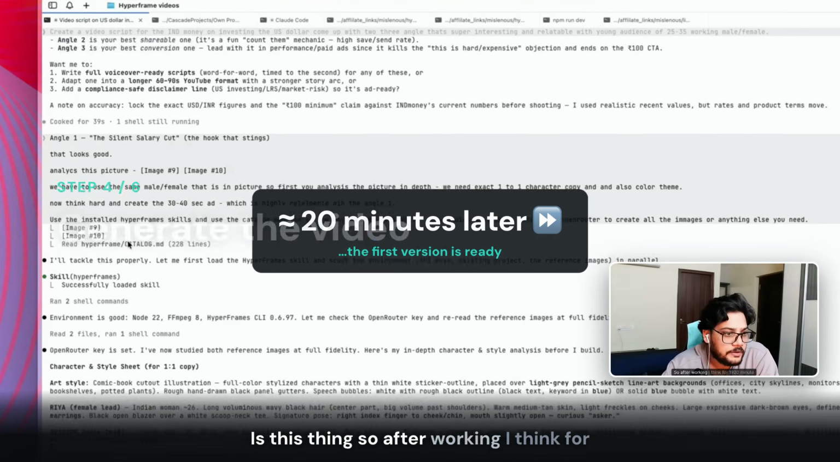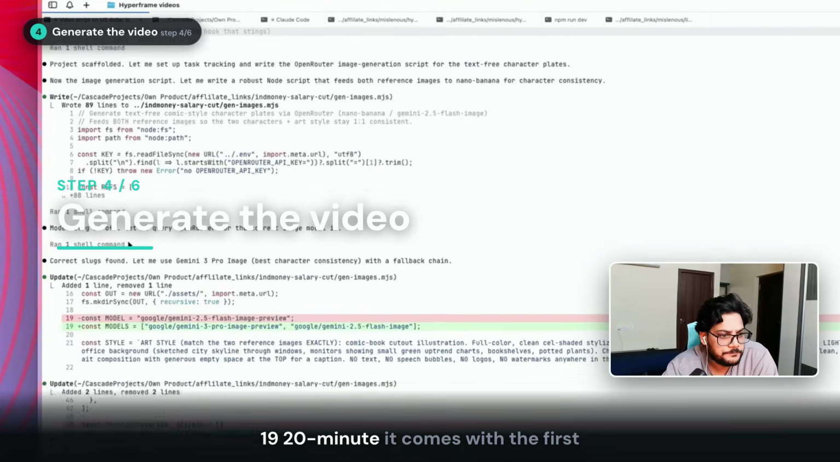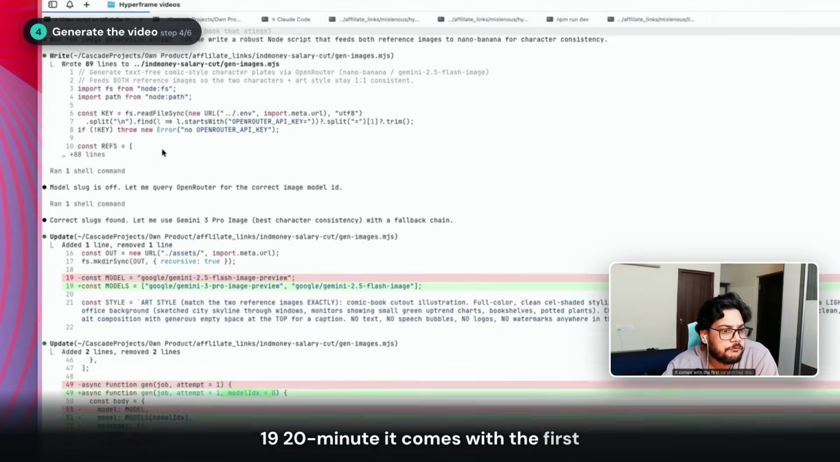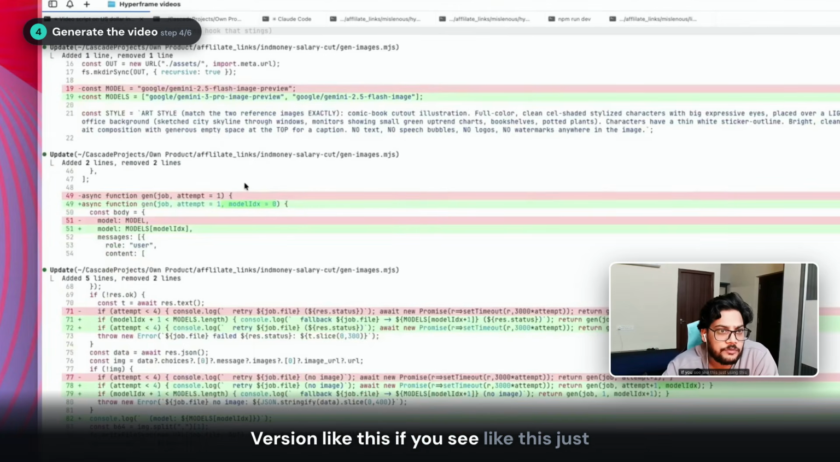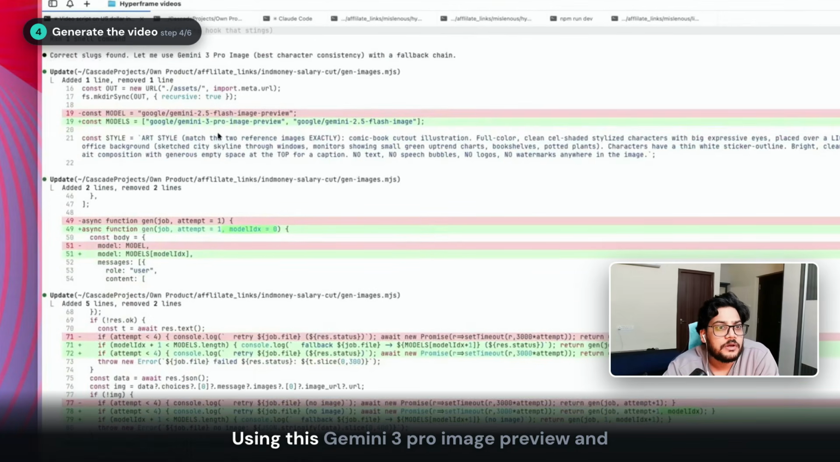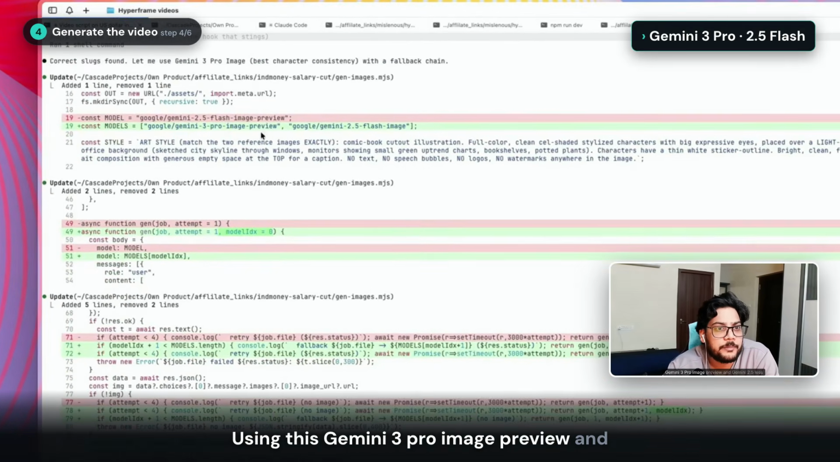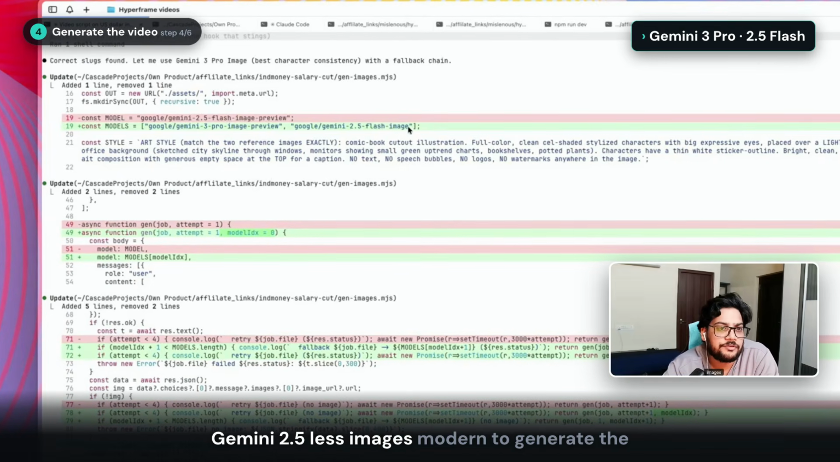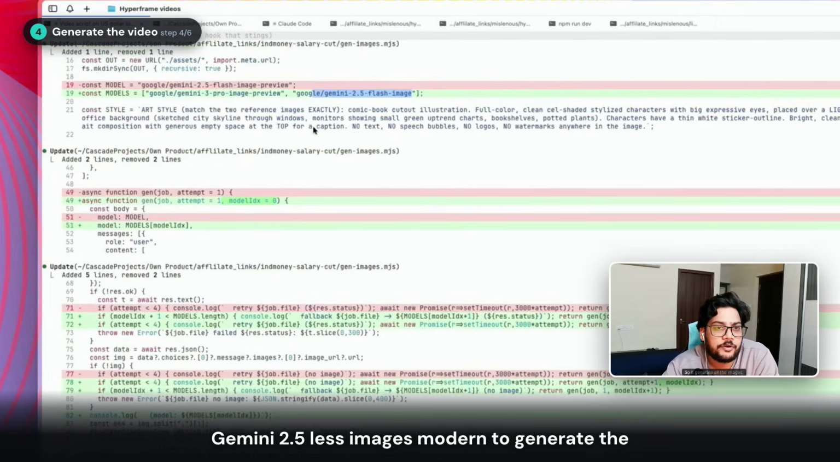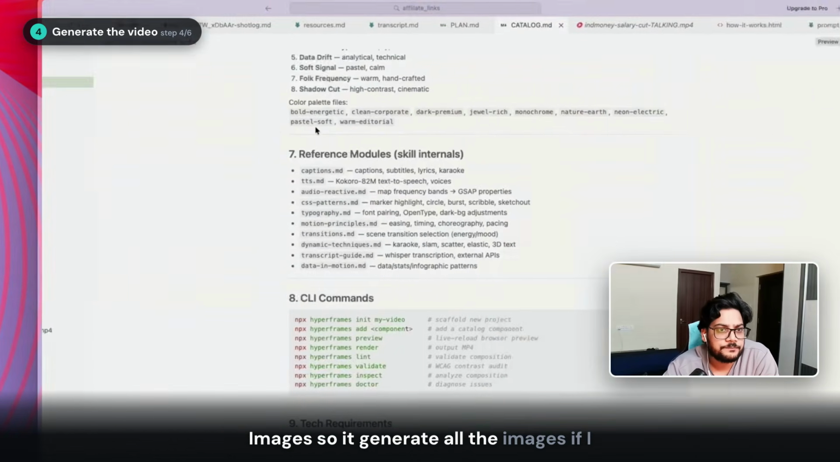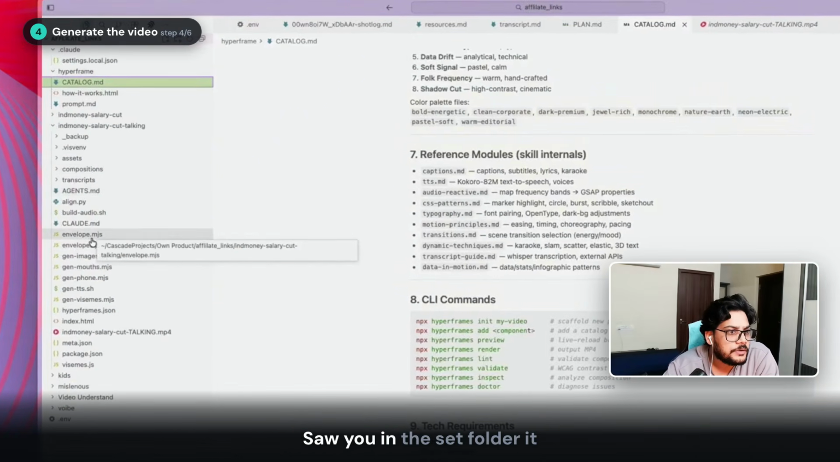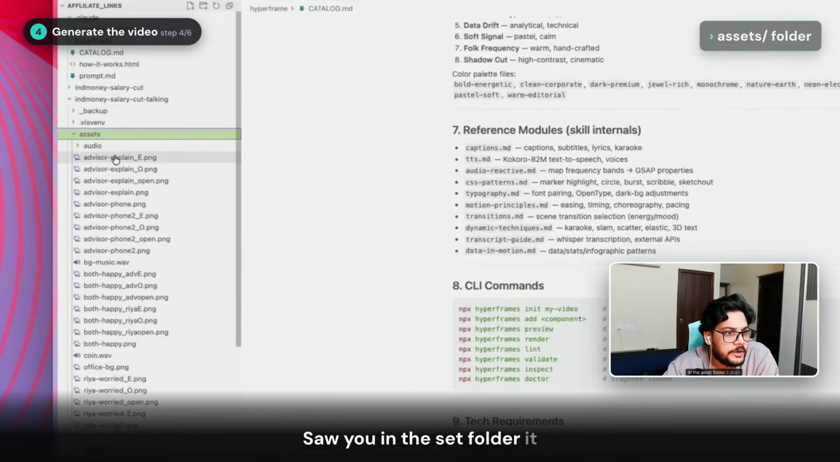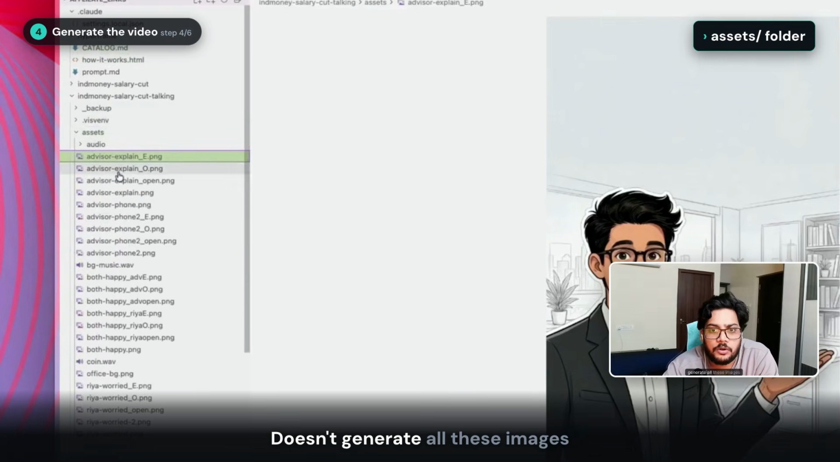So after working for 19-20 minutes, it comes with the first version like this. If you see, it's just using this Gemini 3 Pro image preview and Gemini 2.5 Flash images model to generate the images. So it generated all the images. If I show you in the asset folder, it generated all these images,